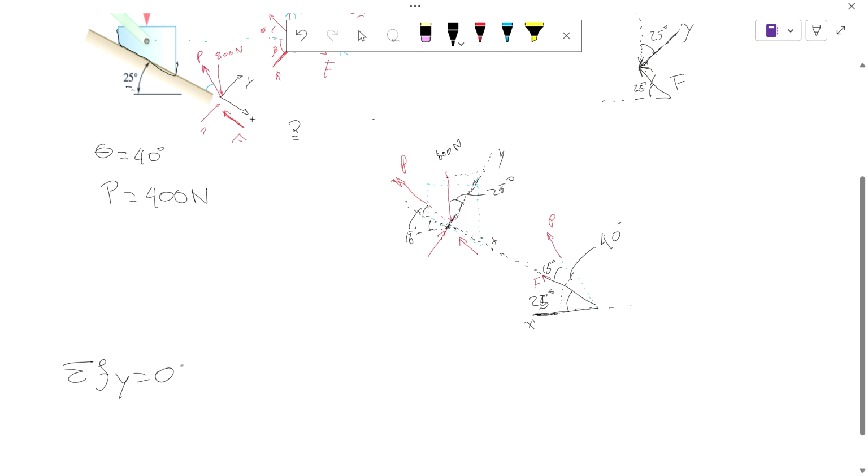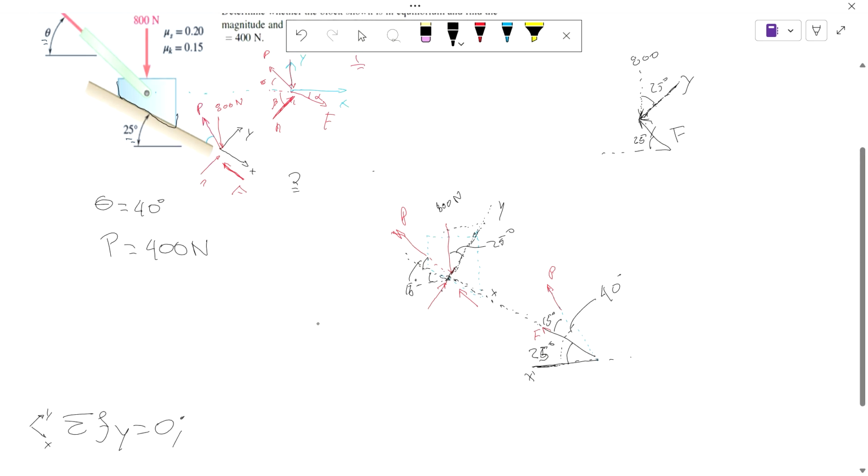Let's see if we need any more information. And remember, this is going to be the system that we're going to follow. Y, X. Okay, so summation of forces in Y, we have a positive normal force minus, this is going to be this component, 800 cosine of 25,